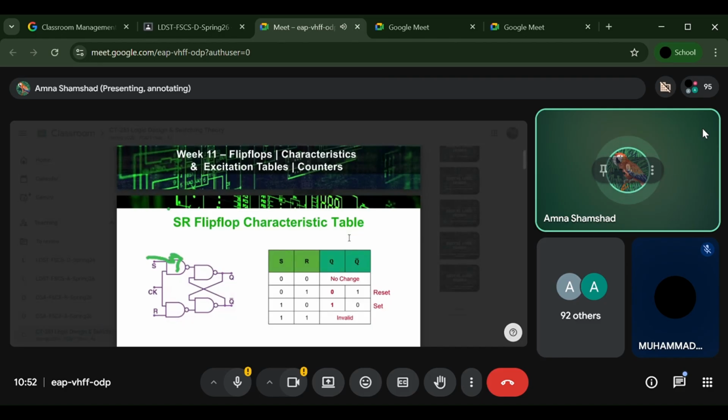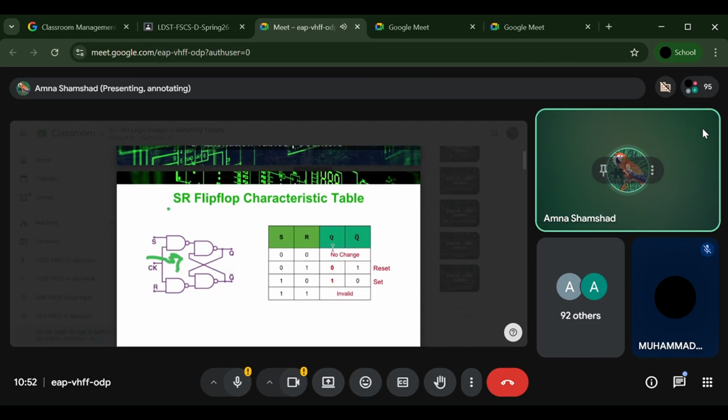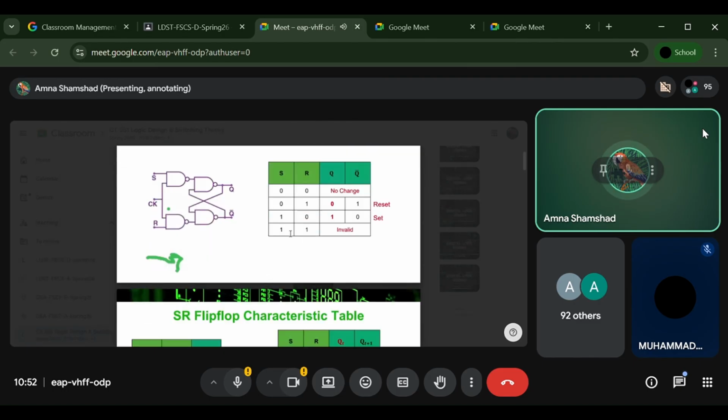In one section we have done with the SR as well. So, first we discussed the D flip-flop, that is the data flip-flop, where whatever the input is comes on the output. Then JK flip-flop. In JK flip-flop we have 4 cases: no change, set, reset and toggling on the 1 1. And this is my SR flip-flop. That is the 4th type of flip-flop.